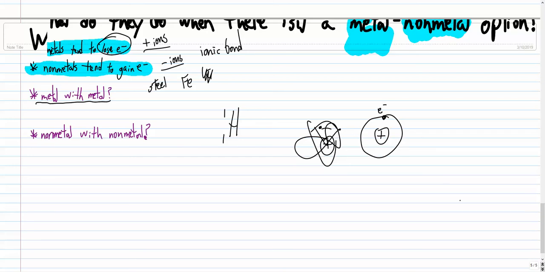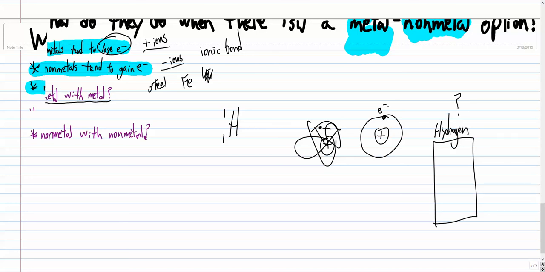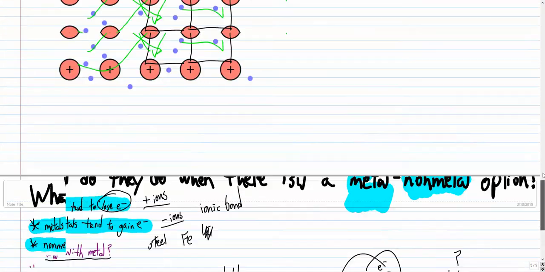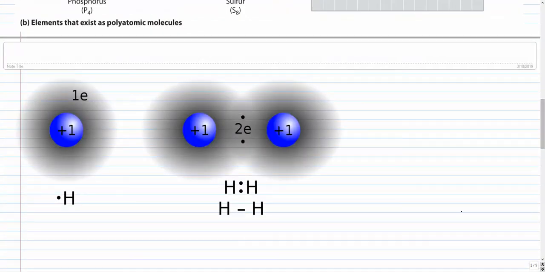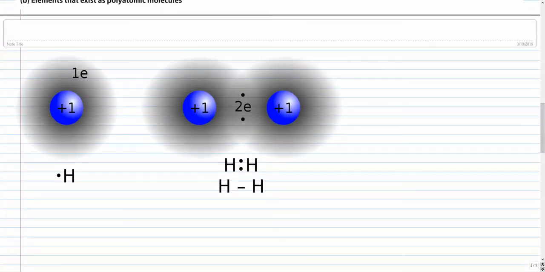What if I asked you, you've got this tank that's marked hydrogen. What if I asked you what was inside of this tank? What's the formula? Do you think it would just be a bunch of these little single atoms bopping around? That would be a good guess, but the truth is, no, that's not what happens. Let's look at another picture. So hydrogen atoms, you guys already know, and this drawing's a lot better than mine, there's this 1 proton and there's 1 electron buzzing around the outside, and there's room